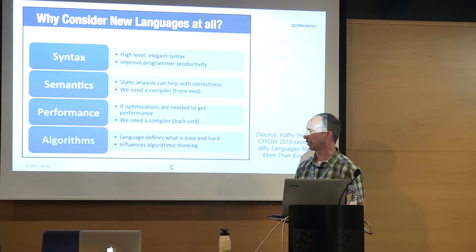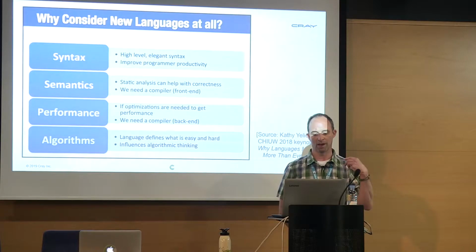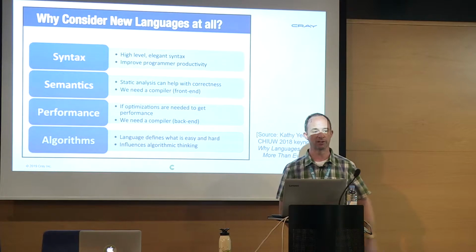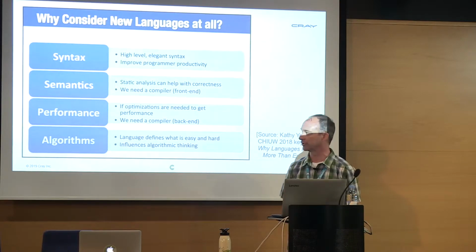And then algorithms, where the idea is that a lot of times if you have a language that lets you express things more easily or more naturally than what you're used to, that can help you design new algorithms and optimize new algorithms sometimes much more efficiently than if you're doing it all in something much more low level. So these are Kathy Yellick's reasons for doing languages, and I saw this when I was just out of graduate school, and these are the reasons why I'm pursuing a language. So that's my answer to that question.